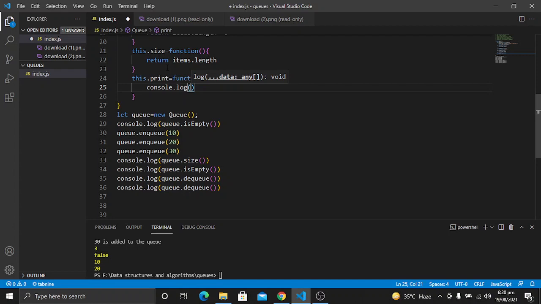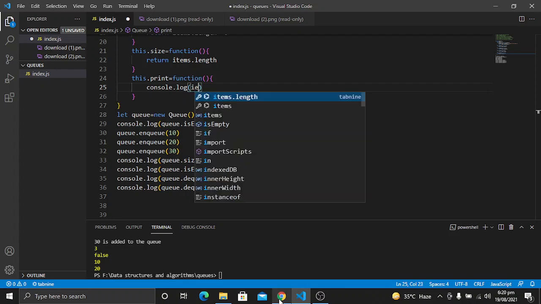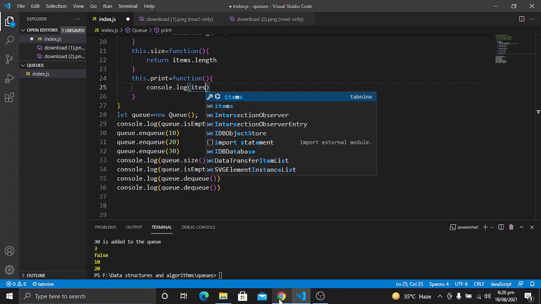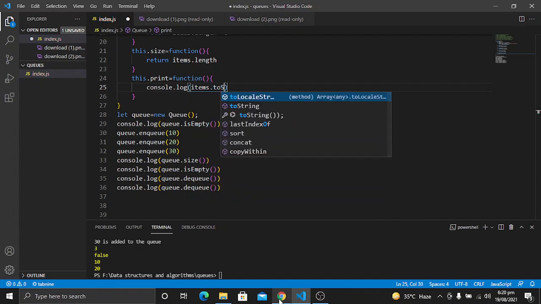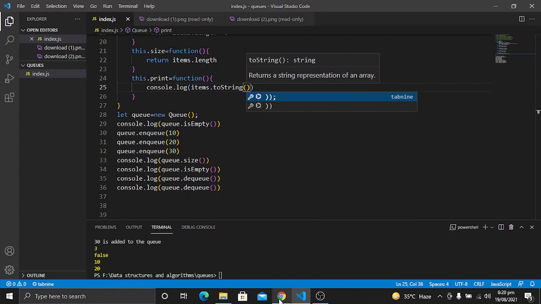So the elements that are present in the queue are 10, 20 and 30. There are different ways to print. You can also use different array methods, for example map, or maybe for loops. But what I can do is use the array and convert it to a string, and let's save it. Now you can see the result in the terminal.